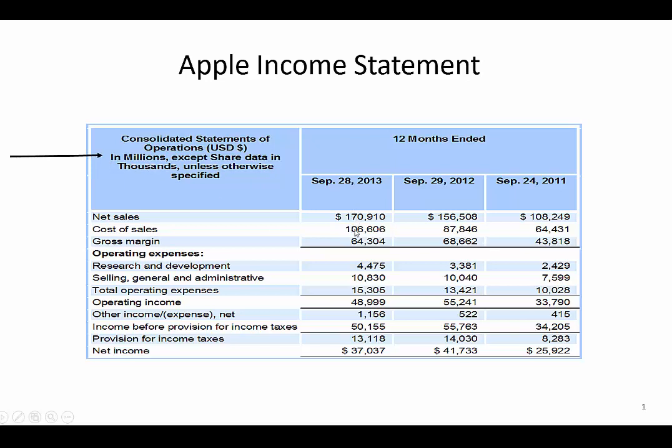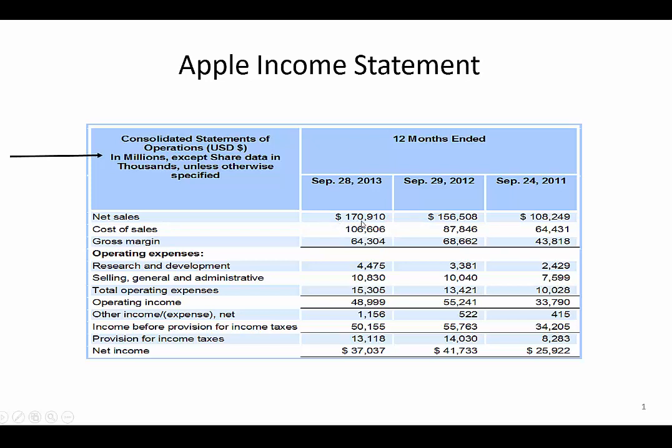So what that means is when you're looking at the actual numbers, so the net sales for 2013 for Apple is shown on their statement as $170,910. But because the statement is in millions, that means that we need to add 6 zeros to the end of this when we're interpreting the numbers that are shown here. So what that looks like now is that their net sales is actually $170 billion, and that's how we actually have to interpret it. So if you're asked a question about their net sales number, their sales are 170 billion,